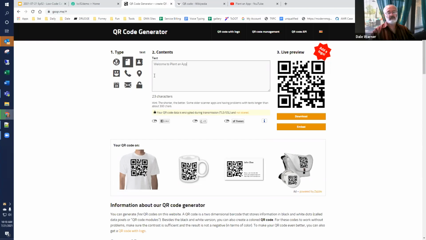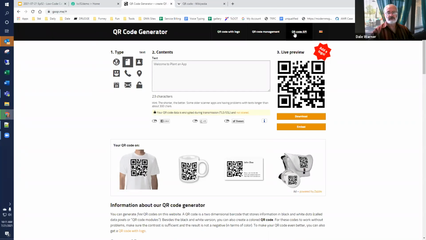Now, I say scan that. Part of what this is relying on is the idea that all the modern phones have this built into the camera. So you point your camera at a QR code, and if it's a URL, it tries to open it. So that's the underlying development that allows us to do this. You've seen it. If you go to a restaurant in the age of COVID and they've put their menu out, you just scan the QR code and up comes their menu. And so we're going to take advantage of exactly that